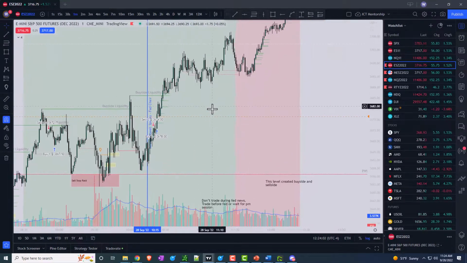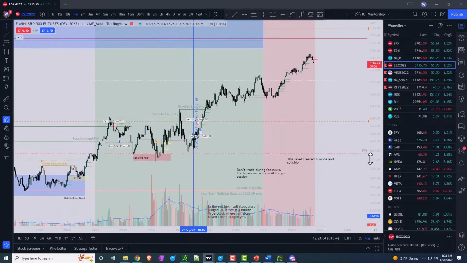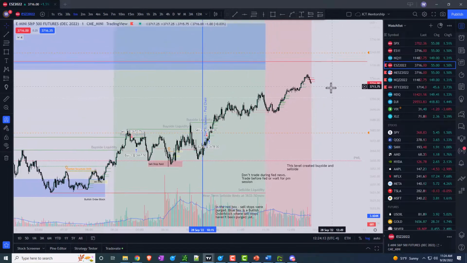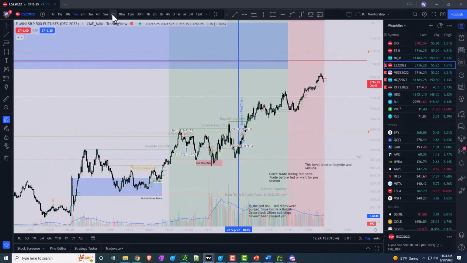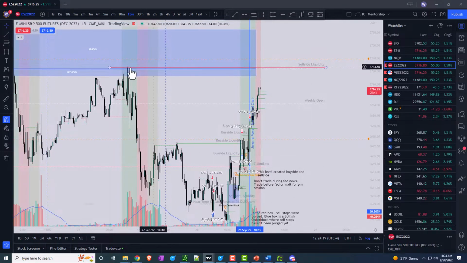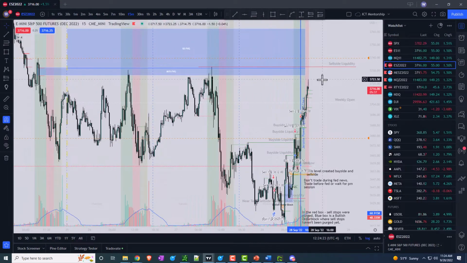And so basically, if we zoom out here, this is the New York session that we could trade. We're currently in lunch hours right now. So let's go to the 15-minute. So we have sell side liquidity up here at 37.33. So